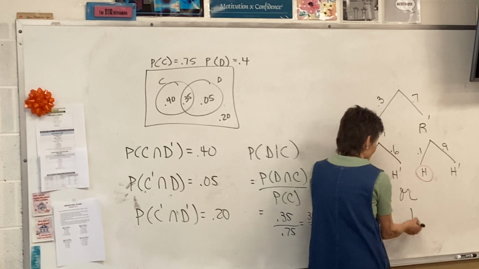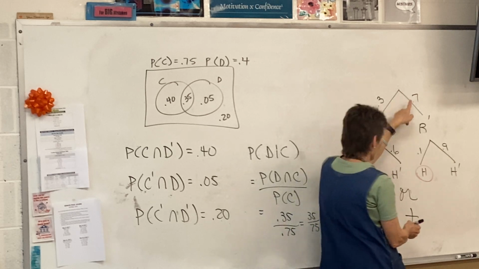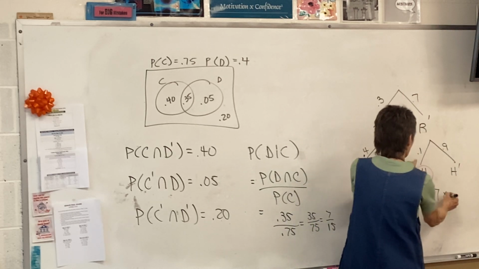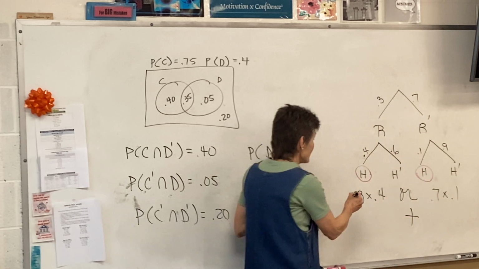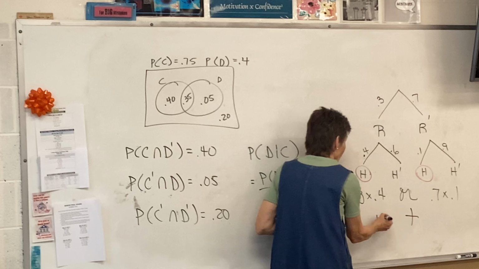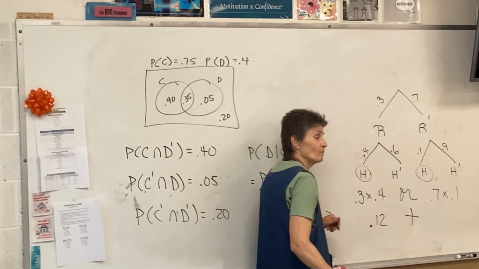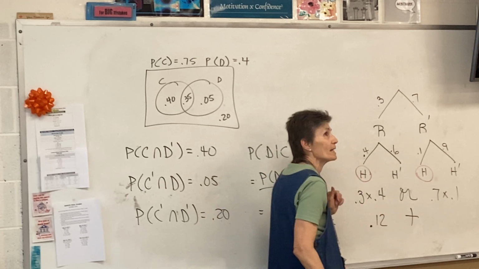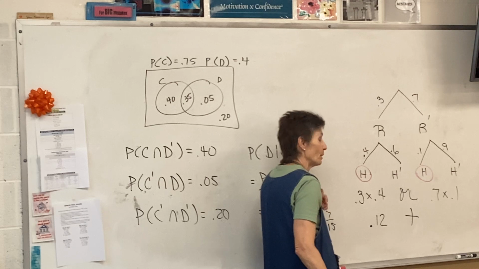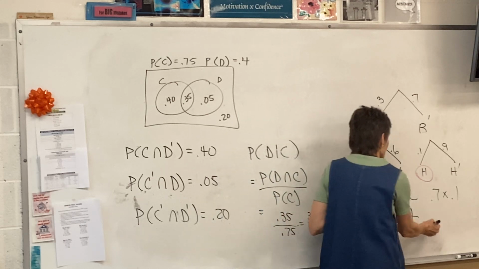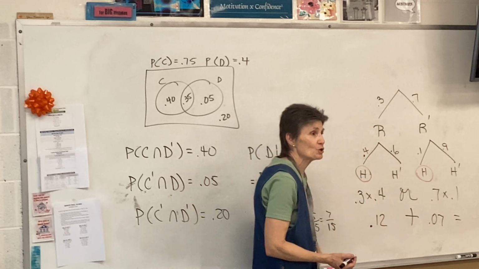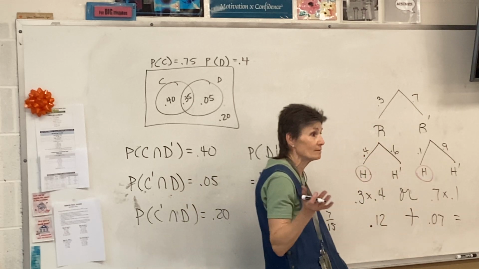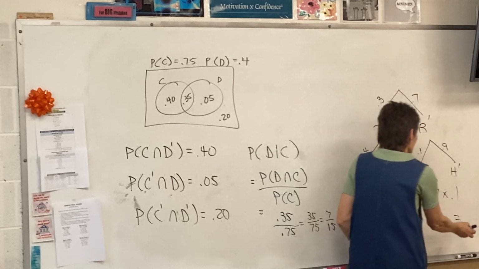Or, that's going to be a plus. 0.7, we want not rain and homework. So these two multiplied, 0.12. It is my fervent hope that you can do that in your head, but if you can't, type it in, don't miss it. 0.12 plus 0.07. So the probability that Joe will do his homework, no matter what, just period, the total probability,